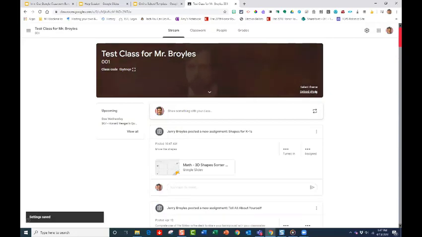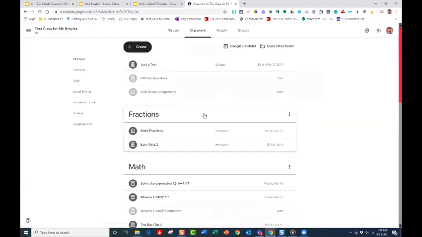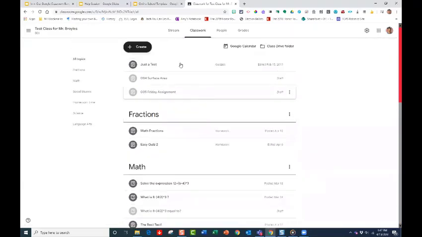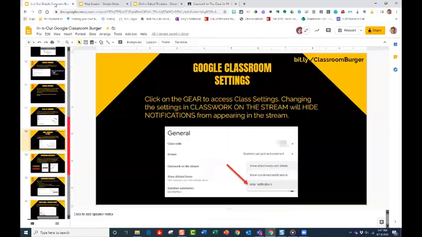If your teacher's saying, I don't see my assignments anymore on the stream page, that means that they're being hidden by that function there that's in the gear. Now, they can also see their assignments here. That's just another check for them. This is where you can organize them. But if they're saying they can't see them on the stream, that's probably what is happening. Okay. All right, the next question, and we'll kind of get into the student end here a little bit too,